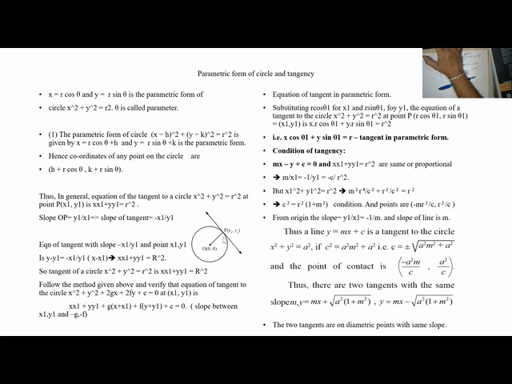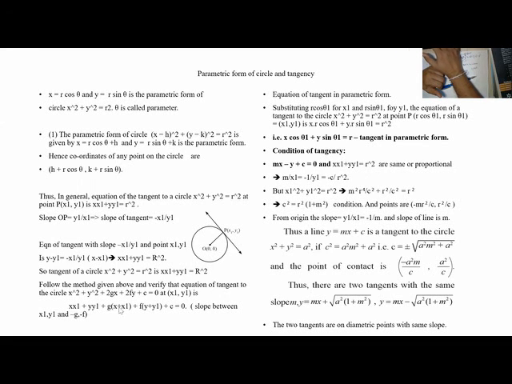Let us see. What is the slope here? The slope is y1 by x1. So what is the slope of the perpendicular line? Minus x1 by y1. With this slope and this point, the equation is y minus y1 is equal to m into x minus x1. So I am getting x x1 plus y y1 is equal to r square. So the tangent of a circle is x x1 plus y y1 is r square. Simply one of the x we put as x1, one of the y as y1, so the quadratic is converted to a linear equation.